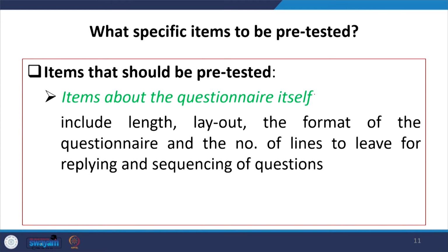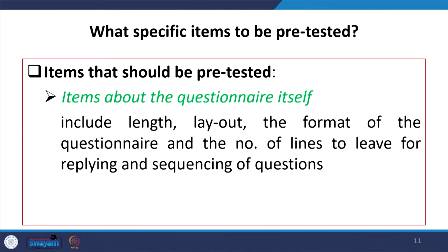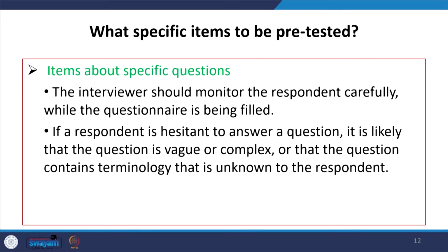Okay. Like, what items should be pre-tested? The first question was only what specific items are to be pre-tested. So, we are going to mention it here. Items about the questionnaire itself include length, layout, the format of the questionnaire, the number of lines to leave for replying, and sequencing of the questions in the pre-testing. Okay. The second one is on items about specific questions, such as the interviewer should monitor the respondent very carefully